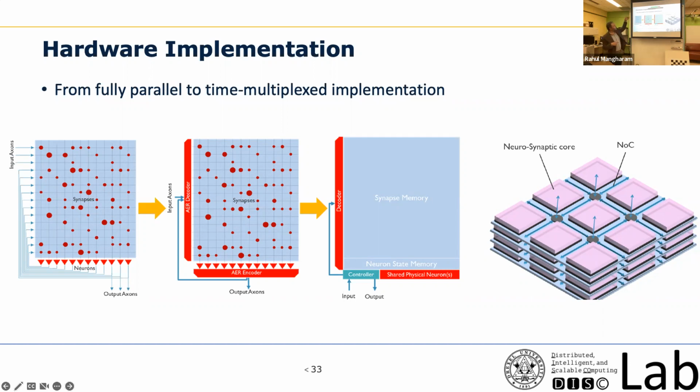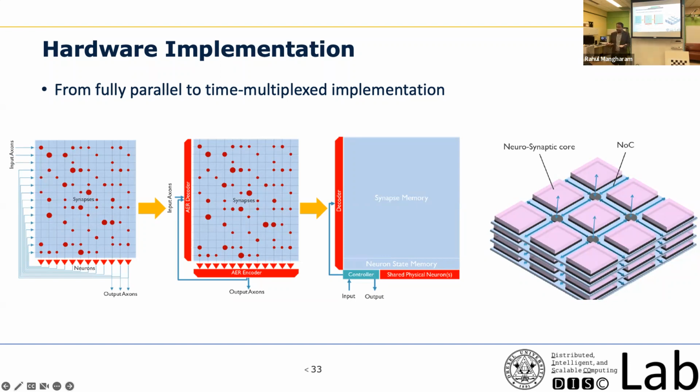Plus, you can get an extra input and extra output. Later on, researchers tried something called AER encoding. And why is that being done? Typically, you can consider this a multi-core chip. When you talk about an Intel architecture, you have multiple cores, and these cores are connected through an interconnect. So think of this as one of the cores of your system, and this core is connected on something called a network-on-chip architecture. This network on chip is digital in nature. So what you have to do, you have all these analog spikes coming out over here, right?